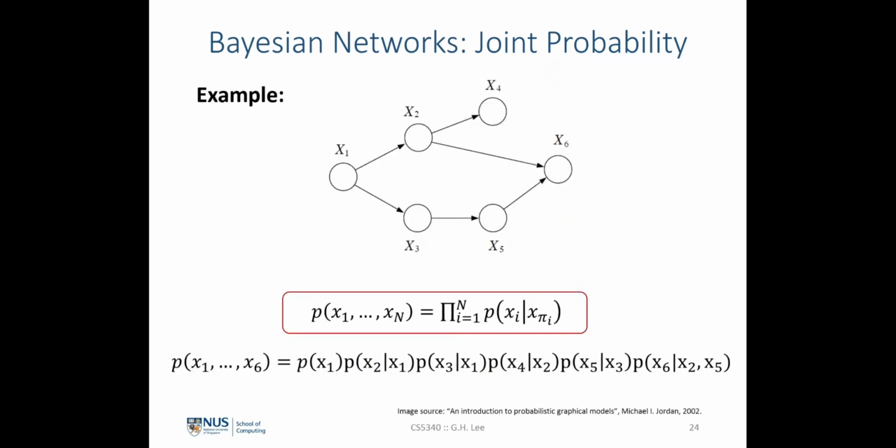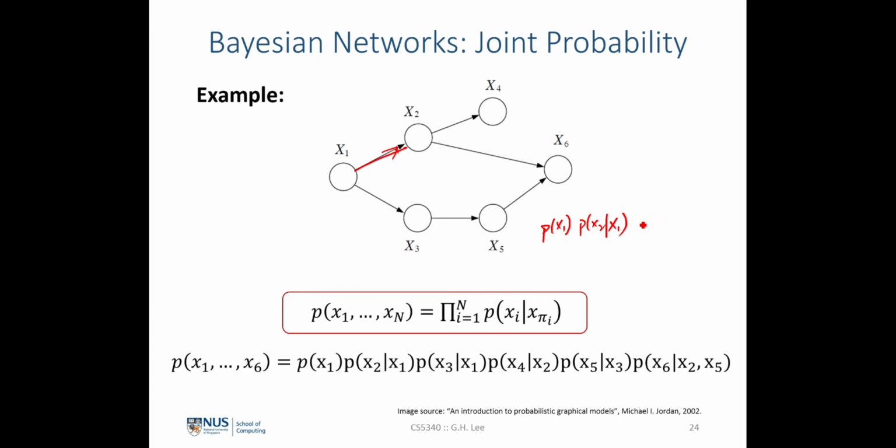An example over here. So given this Bayesian network, by following this rule that we have derived earlier, we can immediately write down the factorized form of the joint probability distribution of this directed graphical model that consists of 6 random variables. So we can see that x1 has no parent, so we will write down p of x1 multiplied by p of x2 conditional upon x1, because there is a direct arrow that points from x1 to x2, hence x1 is